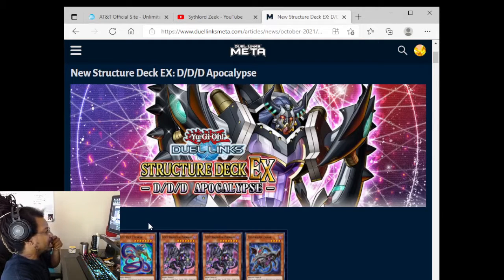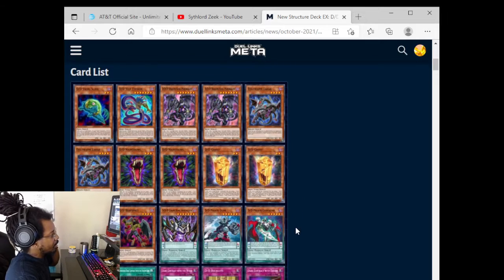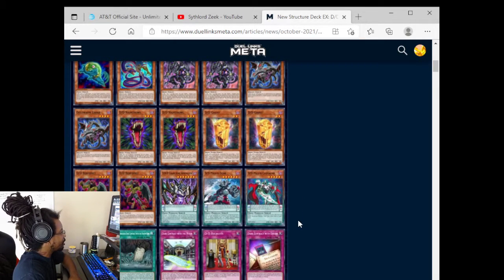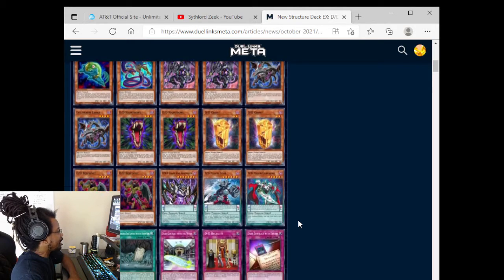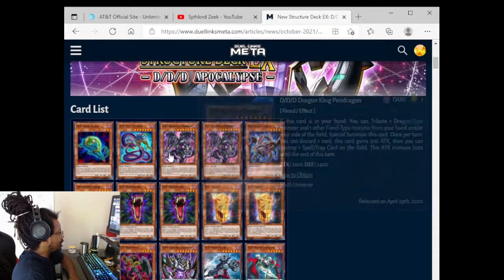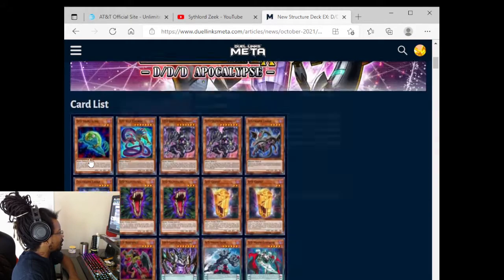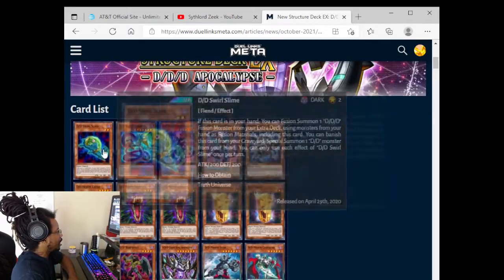We're back with a box review for Structure Deck EX DDD Apocalypse. And this box is kind of a letdown, I'm not going to lie. But it's definitely good for players that are just coming back into the game and actually need three Swirl Slimes. I guess it's important for them, but for people who already have Swirl Slime,